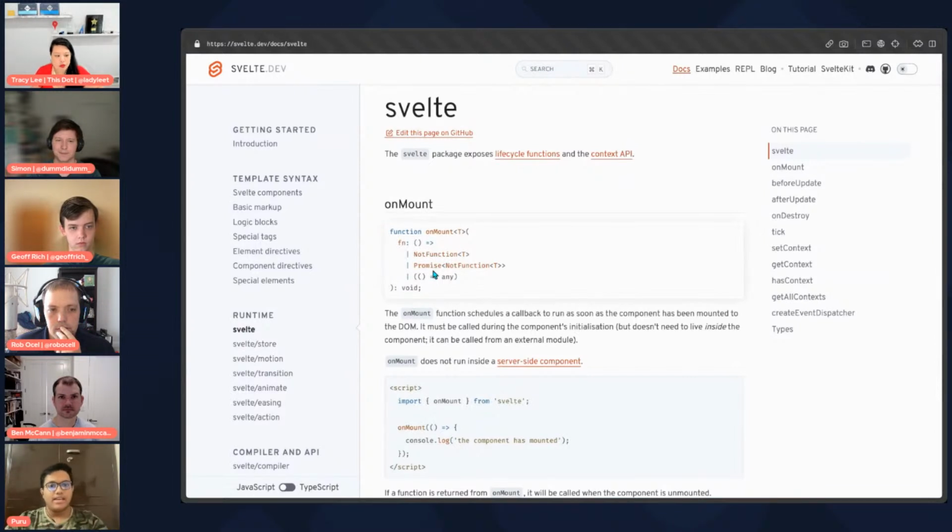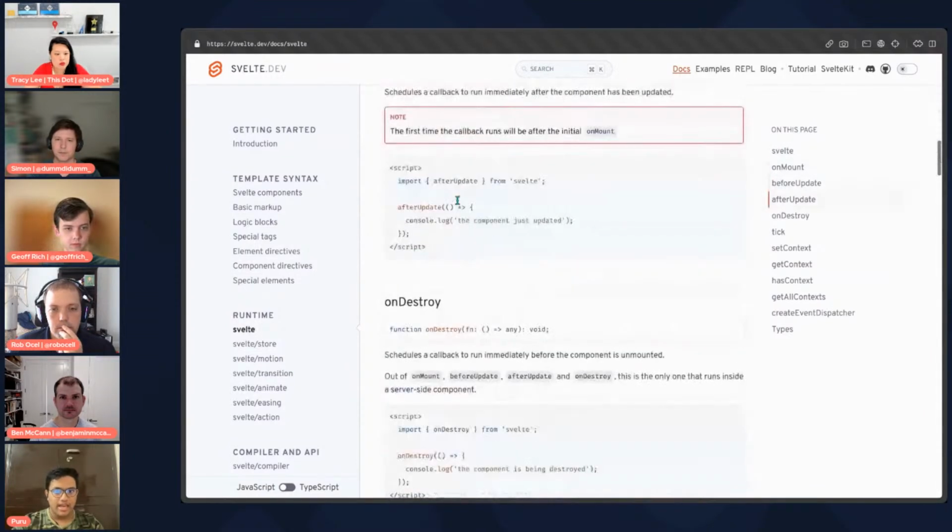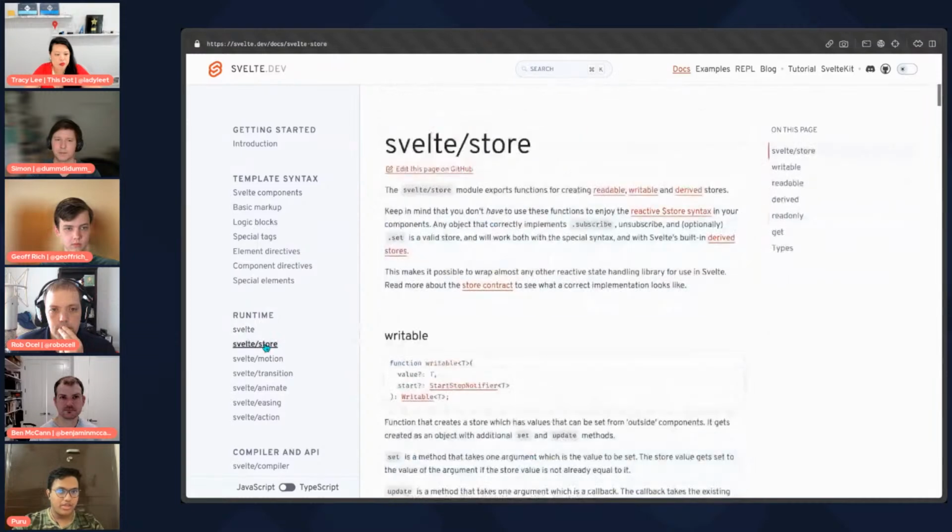This is entirely picked from the source code that is output from the Svelte build step. So none of this was handwritten. It's all completely generated from the source, and it will always stay up to date, because documentation websites sometimes tend to get a little bit outdated as new features are added. But this one is not going to have those problems. As you can see here, we have this. You have this, and same for svelte/store.